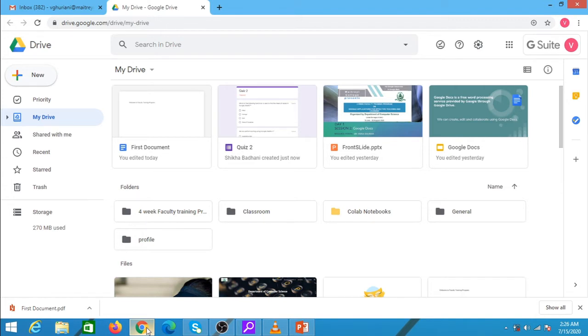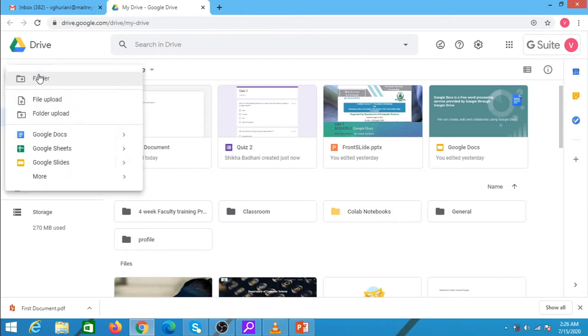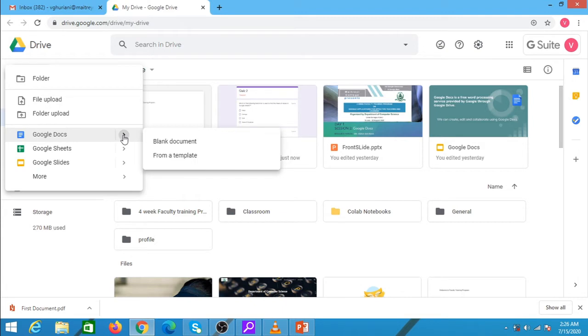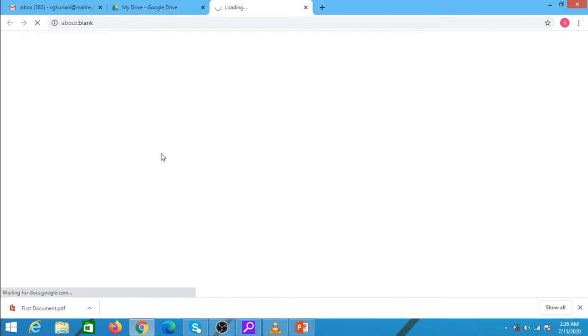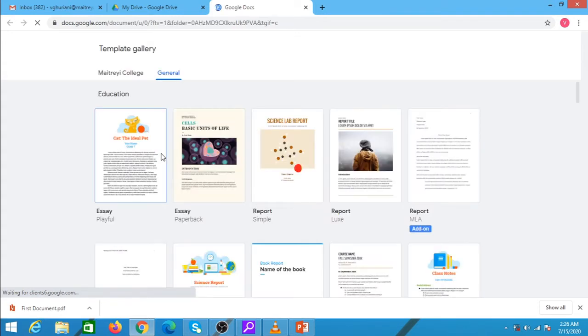Now I'll show you how to create a Google document from a template. In order to do so, we need to start from scratch. Click on the new button, go to Google Docs. It gives us two options: blank document, to create a blank document, but now we'll be using a template. So when I click on this option, it opens a template gallery in front of me,